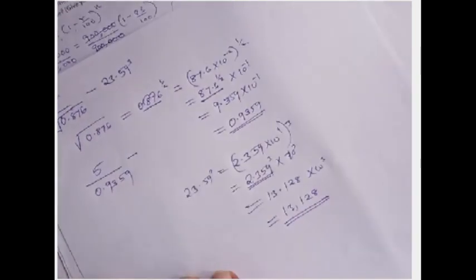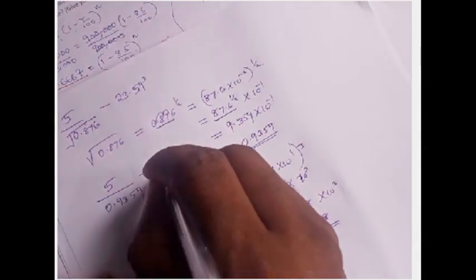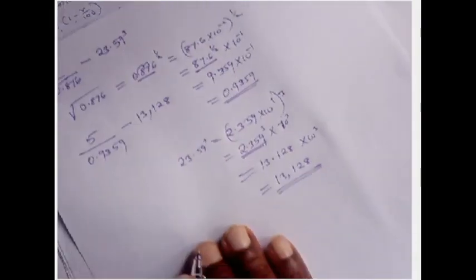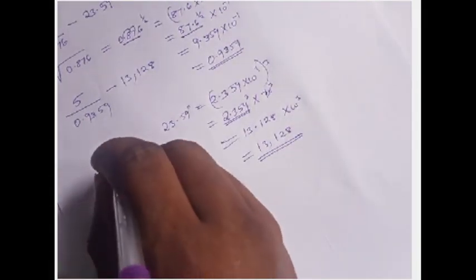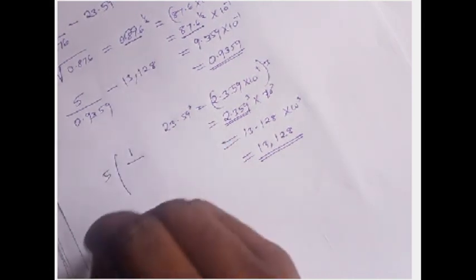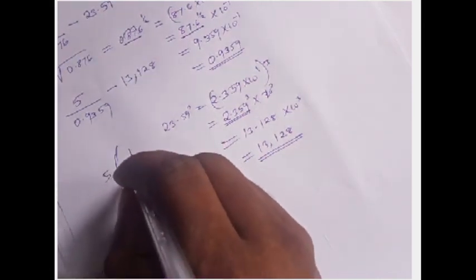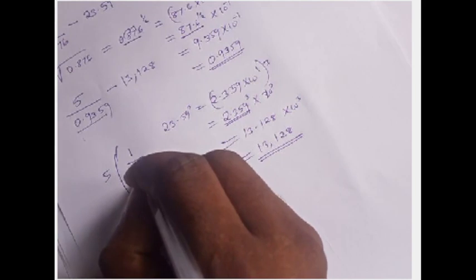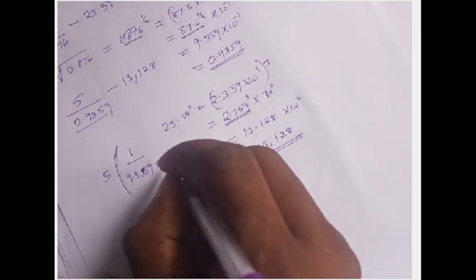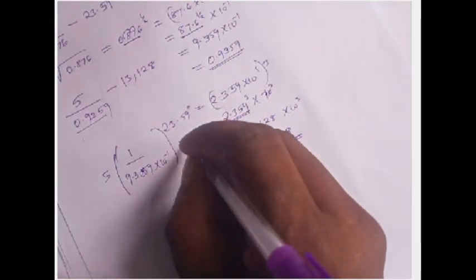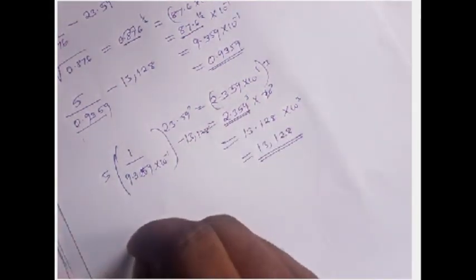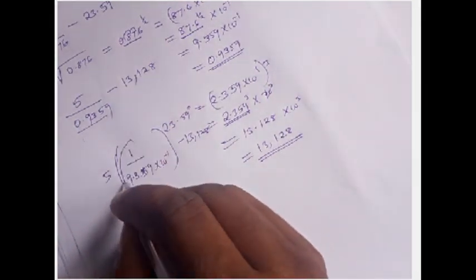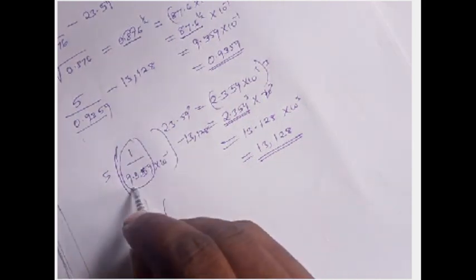So combining the two expressions, we subtract 13,128. Then we factor out 5, then 1 over. Now it is the use of reciprocal. Express this number to standard form: 0.3 times 59 times 10 to power negative 1, then minus 13,128. So this one proceeds to 5 into, we read this one from the table of reciprocals, we read 9.359,